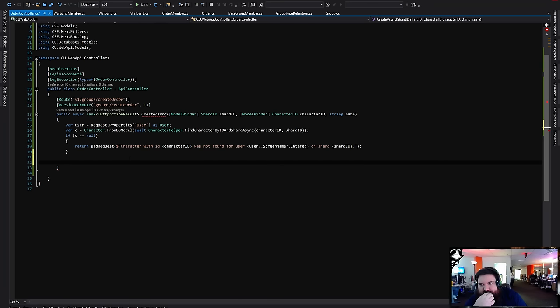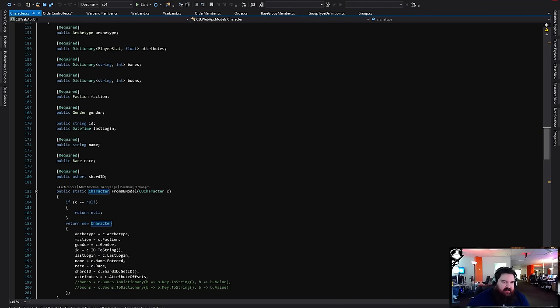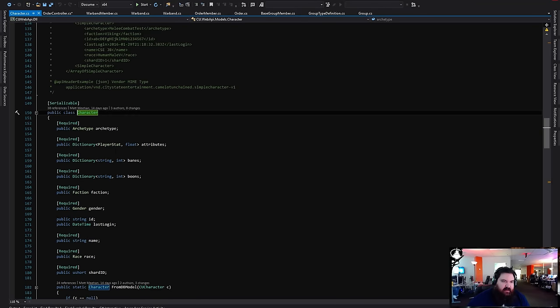How do I want to store that though? Store it on the character. So you don't want to query. You'll just need to add it to the character object what order they're in, if they're in one.